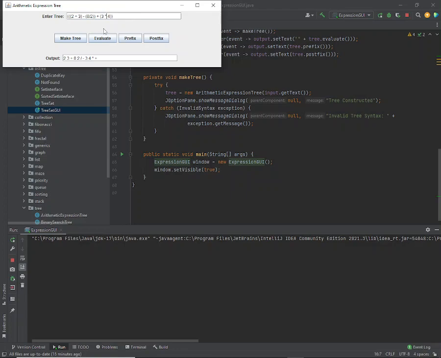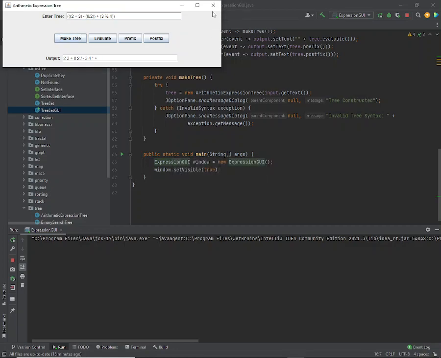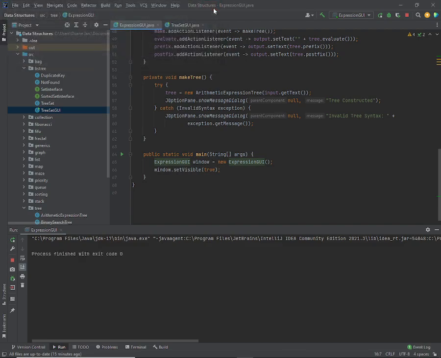Let's put in an invalid operator. So the remainder operator was not one that we allowed. When I do make tree, it gives me invalid operator. Okay, so